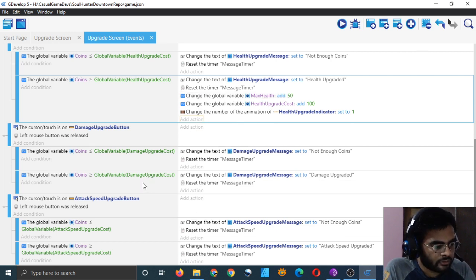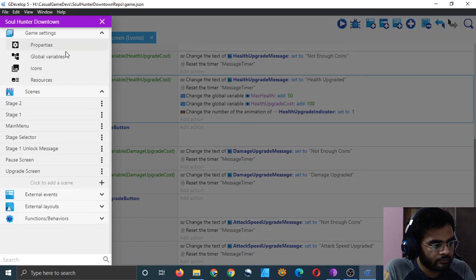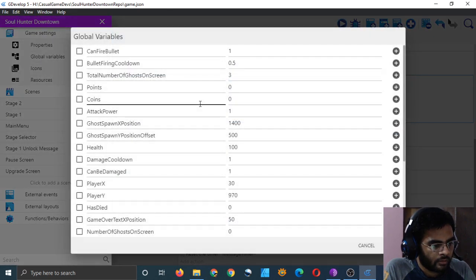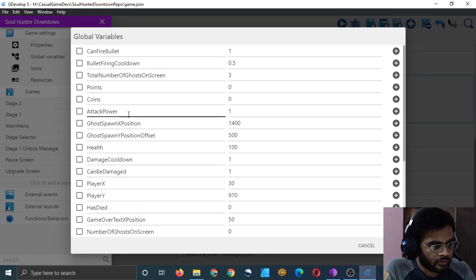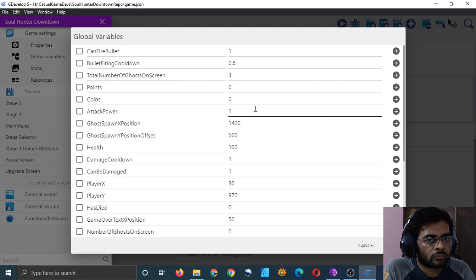However, for damage, we will increase the damage. Let's see what the damage is by default. Damage means attack power. We are calling it damage in the upgrade screen. So that's okay. Attack power is 1. We should increase it to, I guess, 2, right? 2.